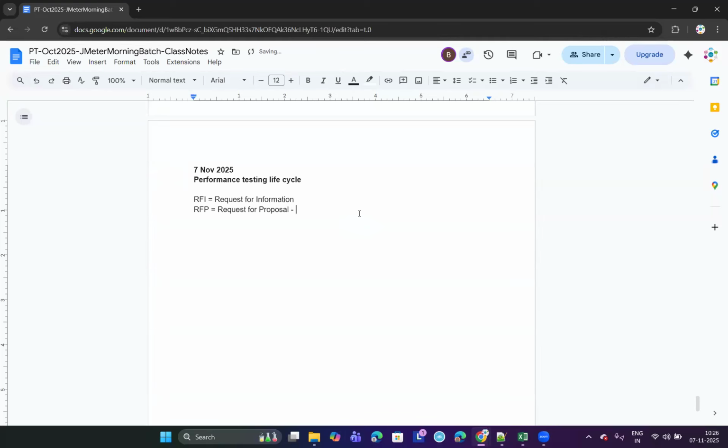So the client will ask the shortlisted service-based companies to submit a proposal. First, they will explain about their requirement. The client will explain their requirement briefly. Okay. Not in detail, but they explain the requirement briefly and ask the shortlisted service-based companies to submit a proposal or a solution document